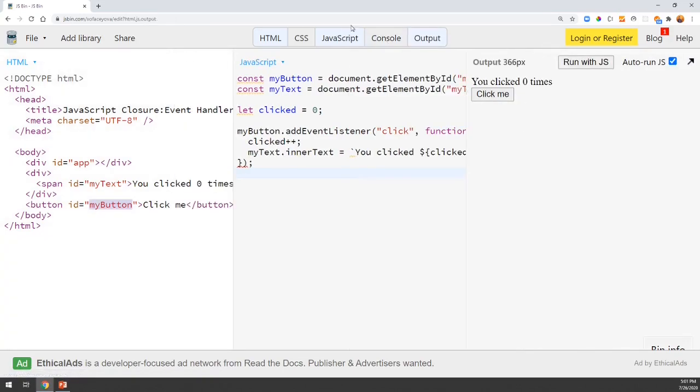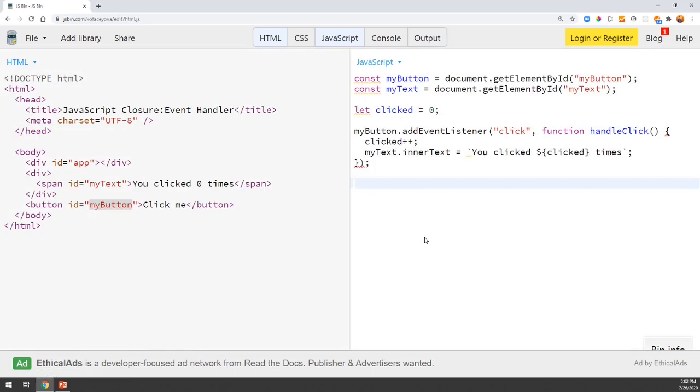Okay, so I opened the output window where we can see the actual output of this HTML and JavaScript. So let me click on this click me. Whenever I click on this click me, the counter will be increased. Okay, 0, 1, 2, 3, 4, 5. So this is the practical use of closure. So here also a closure will play a role.